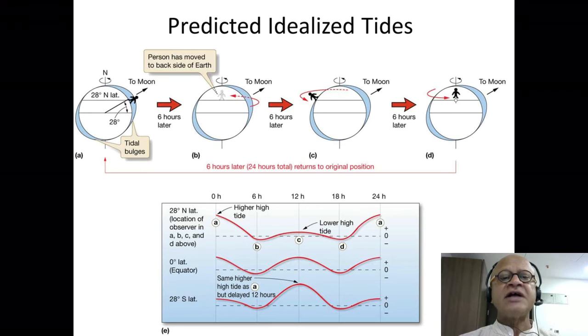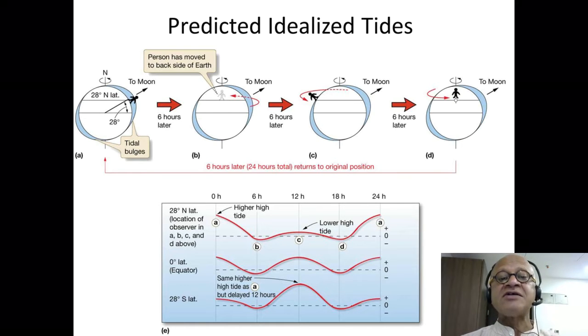So let's add our declination to the moon, declination of the moon here of 28.5 degrees. Here our friend Gulab Singh is standing here again in the tidal bulge. So you have 2 tidal bulges because we are still in the idealized tides. We have sunk the land, we have an aquaplanet, and the bottom friction is not going to affect our bulges as they move around with the moon.